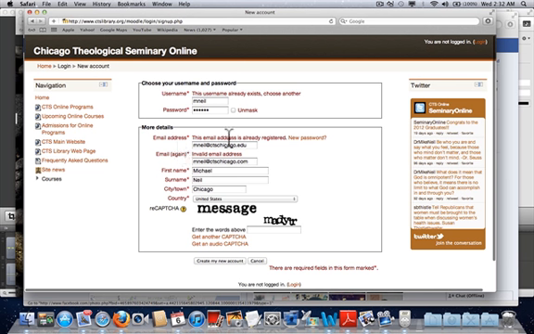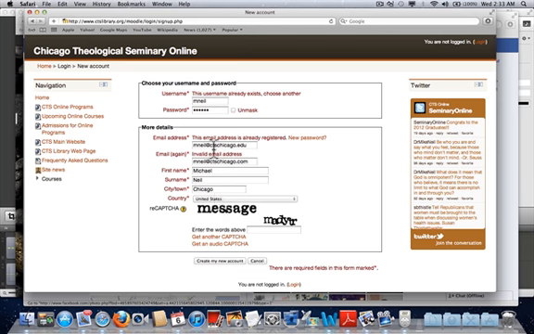Here it says this is already registered, but then also here it tells me it's invalid. It doesn't match the one above it. So any place that there are errors, it will show you here. Once you get those straightened out, you can click on create a new account, and then you'll get an email message. Now if I go back to where we start from,